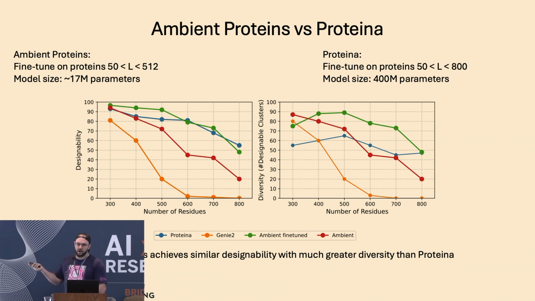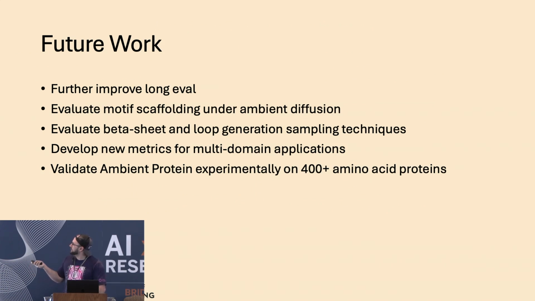So it's a work in progress. We're still figuring out the motif scaffolding, the secondary structure evaluation, and developing new metrics for other applications in protein diffusion. And our goal in the short term is to start actually making proteins in the lab and be the first to show that we can indeed scale protein diffusion to 500, 600 amino acid proteins, which has never been